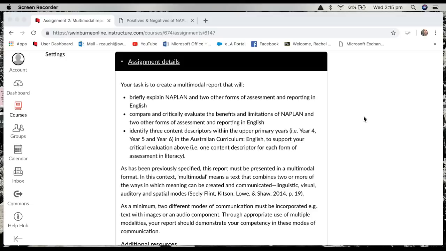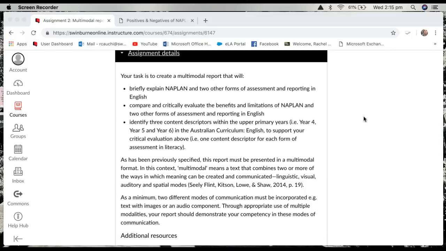Just make sure that you're talking only about literacy. So after we've just briefly explained what NAPLAN is and what our other two forms of assessment could be, we're going to move on to critically evaluating. Now we'll give you a bit more of a chance to explain